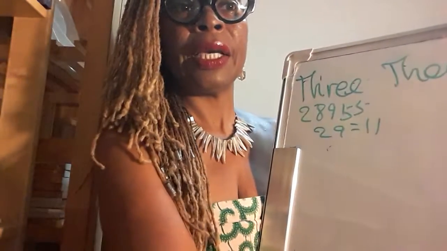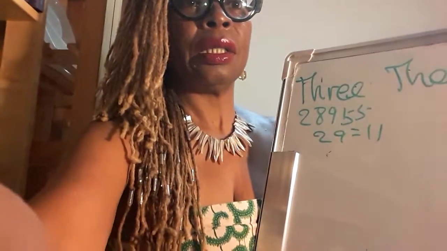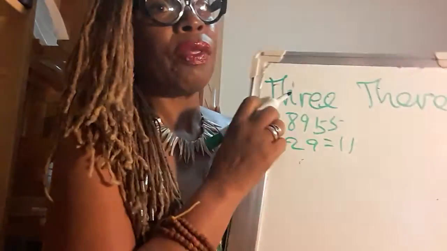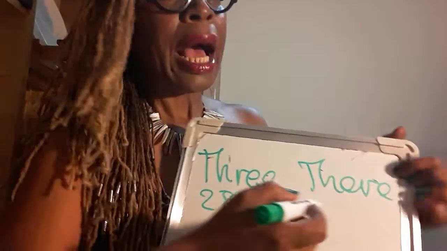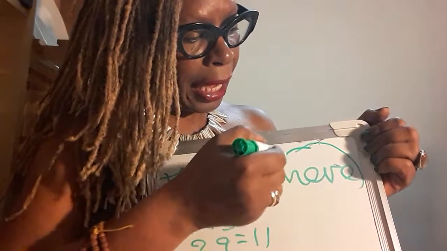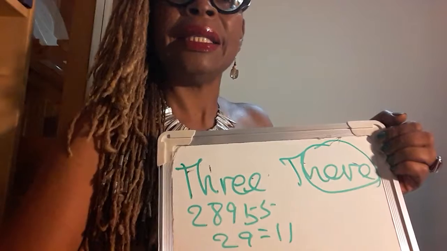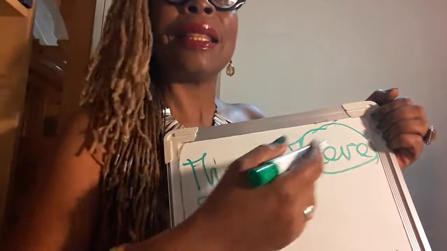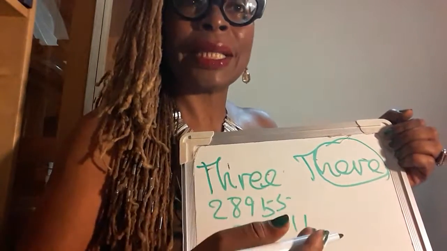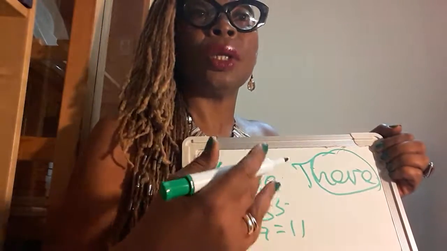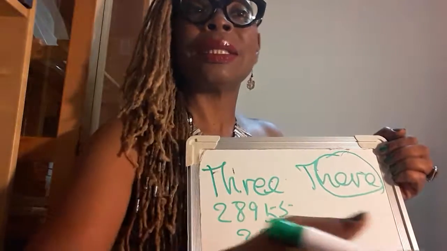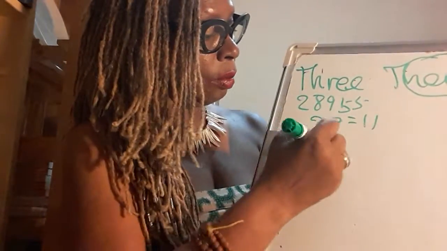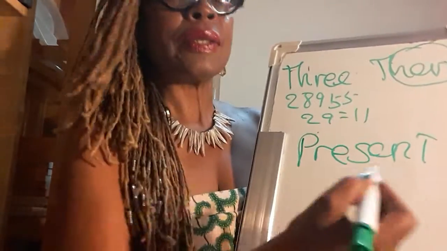Okay, because of my board, let's see if I can shift this a little bit to this side where you can see more. Okay, let's look at this here. So there is the same, but I've spoken about how there is also hair. So we can see the word 3 gives us that insight of looking at there, because it's the same numerical value, it tells us that there is also here, that it speaks about being present. Now, I did a presentation showing how Mother Eve, it was the serpent in the garden that was the present, of course, present in the scriptures. We'll just do this short. Present or the serpent is the same,